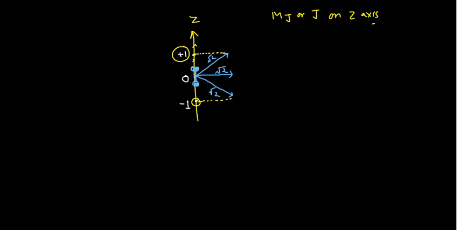So what I have shown here is that your mj or j values are on the z axis, and the vector L, in units of h upon 2 pi, is taking orientations in the other plane. These are the orientations. So it is taking 3 orientations. This is the importance of your j value.